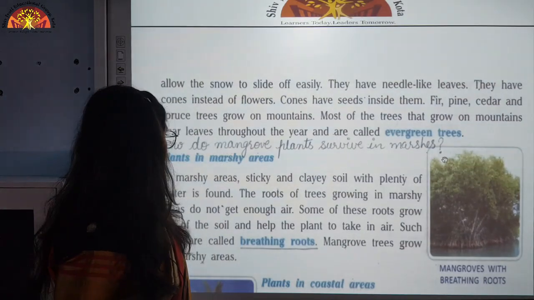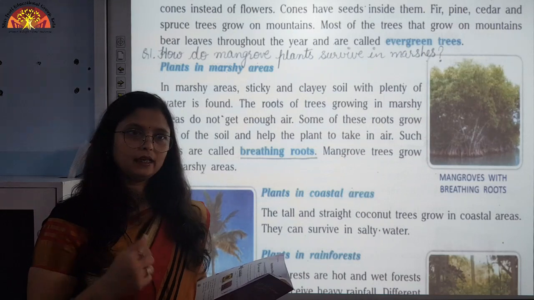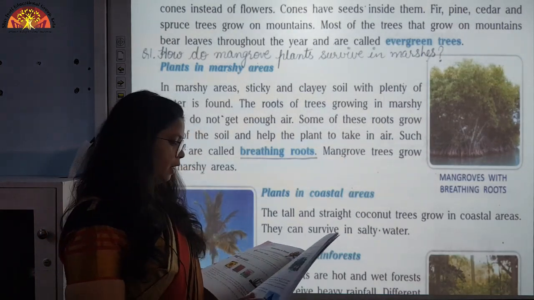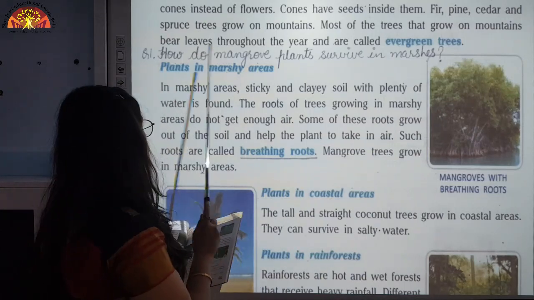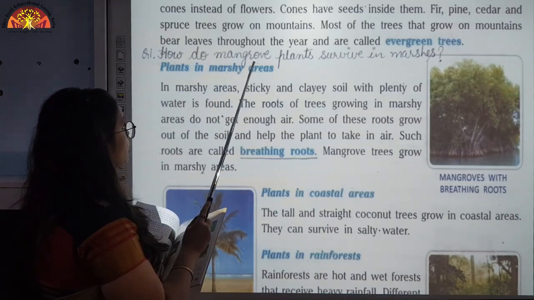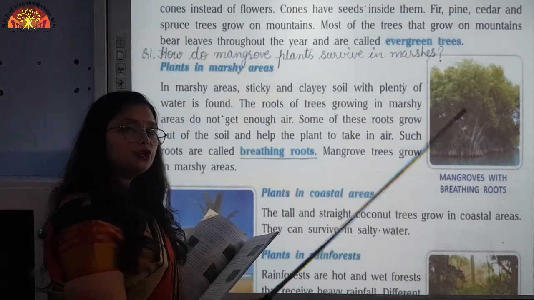Now students, there is an internal question. So pick up your pencil and mark the internal question over here on this page number 58. The question is, how do mangrove plants survive in marshes? So you write it down,